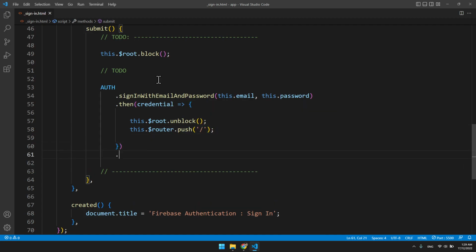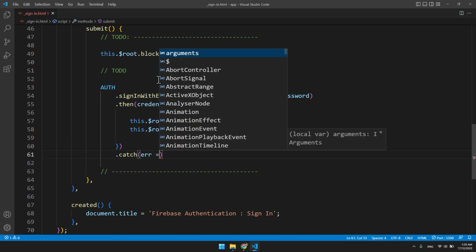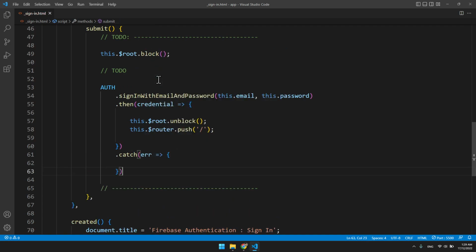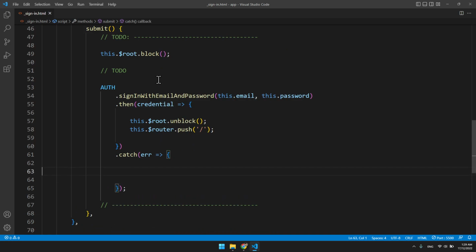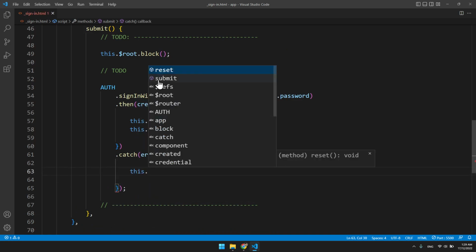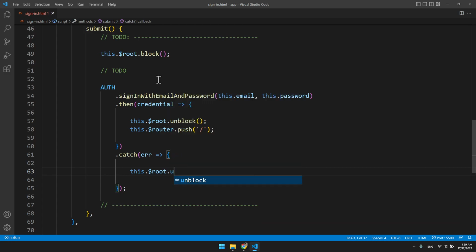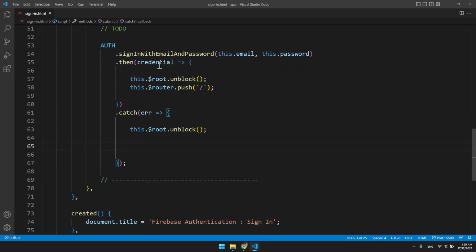Also, it's possible to have an error. We're going to get an error object just like how we did previously. So here we have to handle it. But let me unblock the screen first. So this dot route, dot unblock. If I forget to unblock, then the user cannot modify their input anymore. Again over here I no need to assign the user object because after the user is